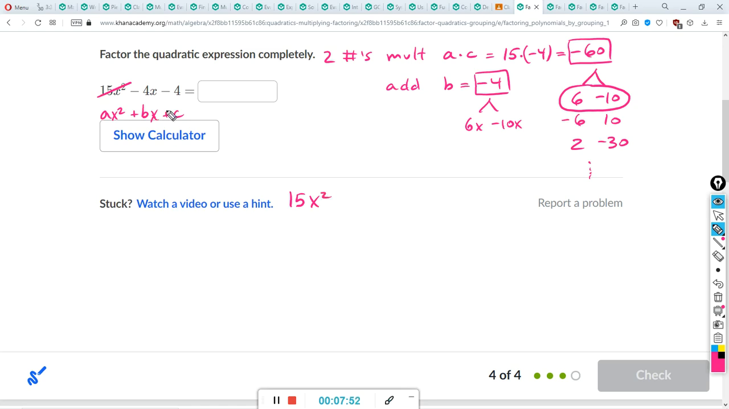And in place of negative 4x, we're going to write 6x minus 10x. Okay, so you can see this still equals negative 4x. And on the end, we have a negative 4. Alright, so we're factoring by grouping. Take this binomial here, and it's risky to put the negative side outside the parentheses. So instead of putting the negative outside the parentheses, I'm going to take this negative 10x minus 4,